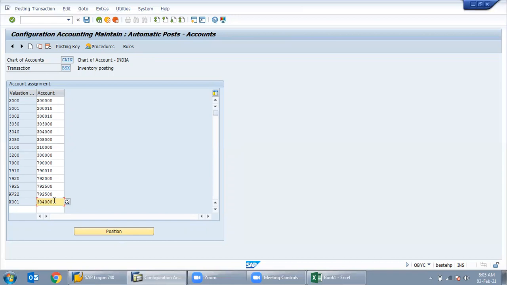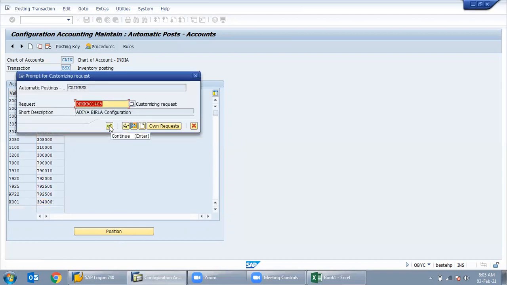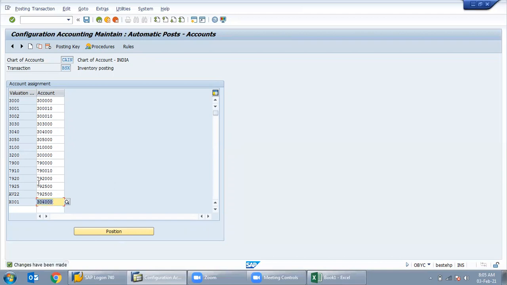That's why I am telling you, you should not wait for the FI guys. But the GL creation was done by FI guys. No, if GL creation was done by FI guys, you can assign in that T code OBYC settings. Okay, in configuration itself. Yes, the number is already there, or we have to create the GL range. Yes. Just save it. The valuation class is assigned to the GL.